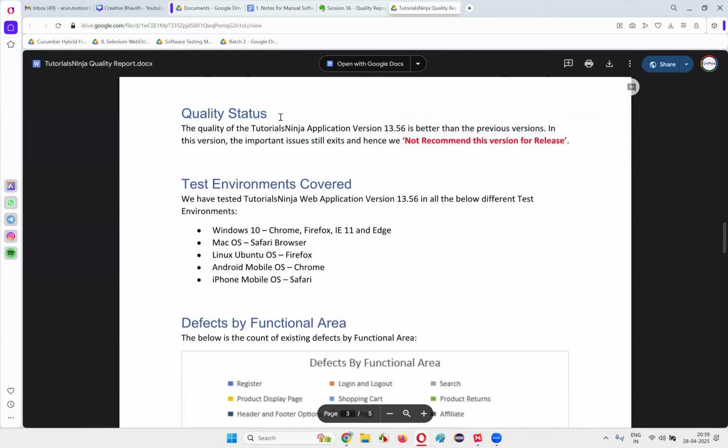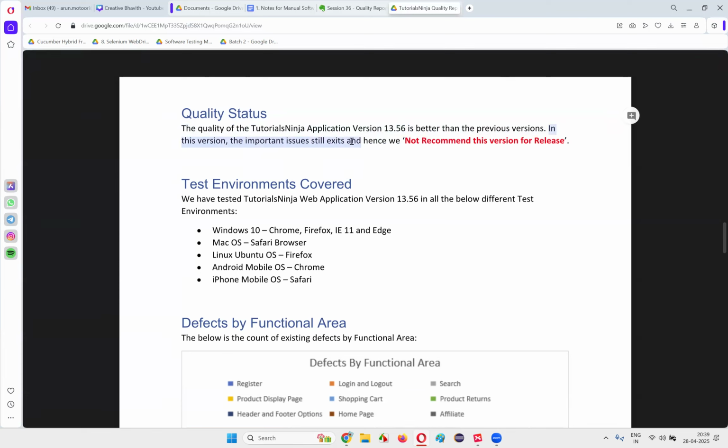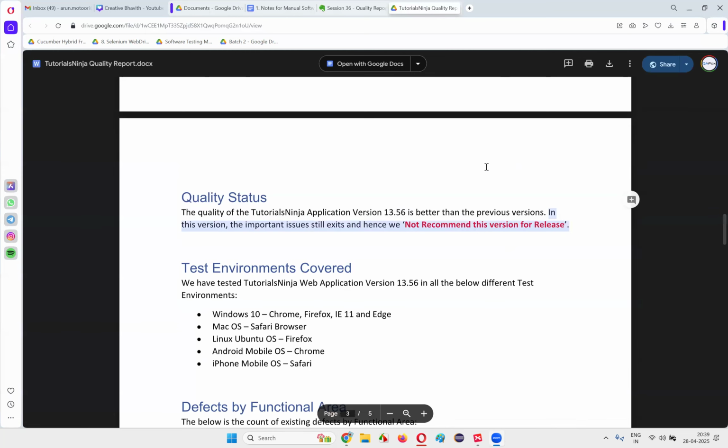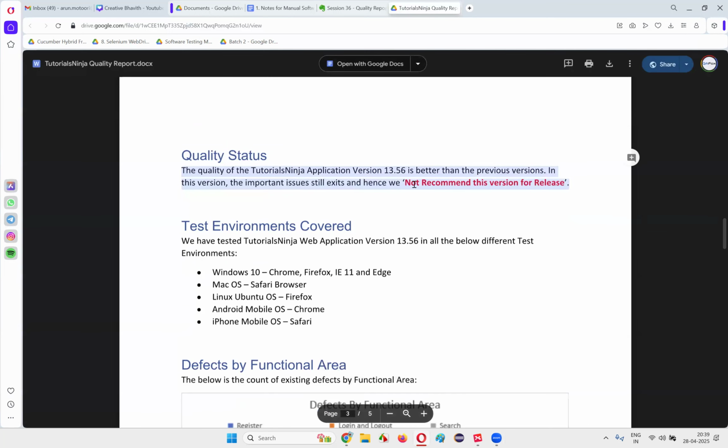So what the test lead has written here while creating the test quality report document: the quality of the application having the version 13.56 is better than the previous versions. In this version, the important issues still exist and hence we are not recommending this version for release. Okay. Hence we are not recommending this version for release. Got it, guys? The testing team has written these lines